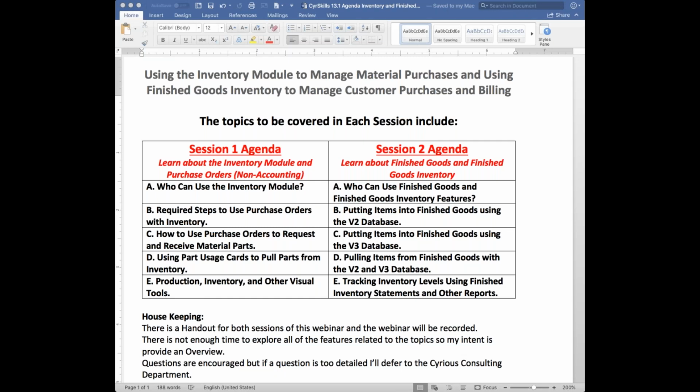And on the left-hand side, sessions, one today and one Thursday. Today is going to be focusing on the inventory module and using purchase orders from a non-accounting standpoint. And we're going to cover the five topics that I've got listed there: who can use it, required steps to use purchase orders, and so on. On Thursday, we're going to switch gears and talk about finished goods and finished goods inventory